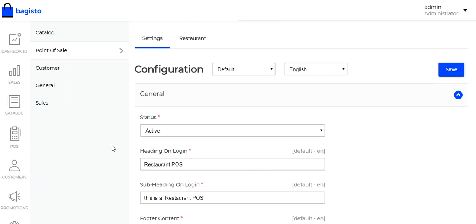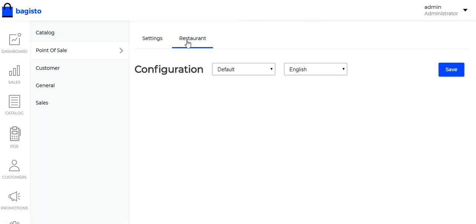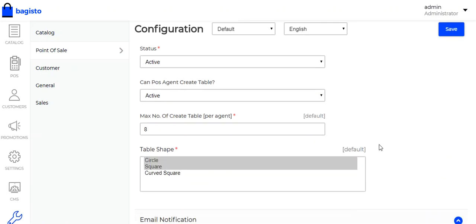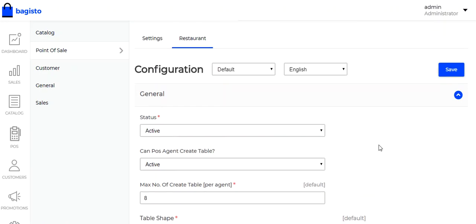As we know that this is a point of sale regarding the restaurant system, there is a new option, that is restaurant. Here in this configuration, there are several settings. Now let's move to each and every section of these settings.